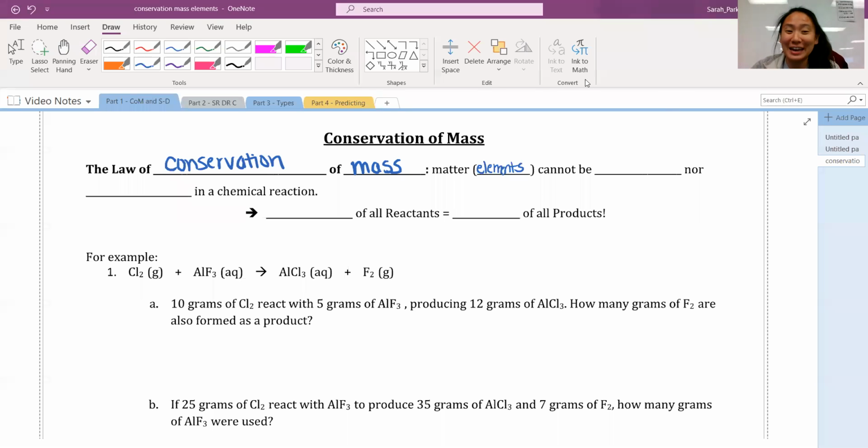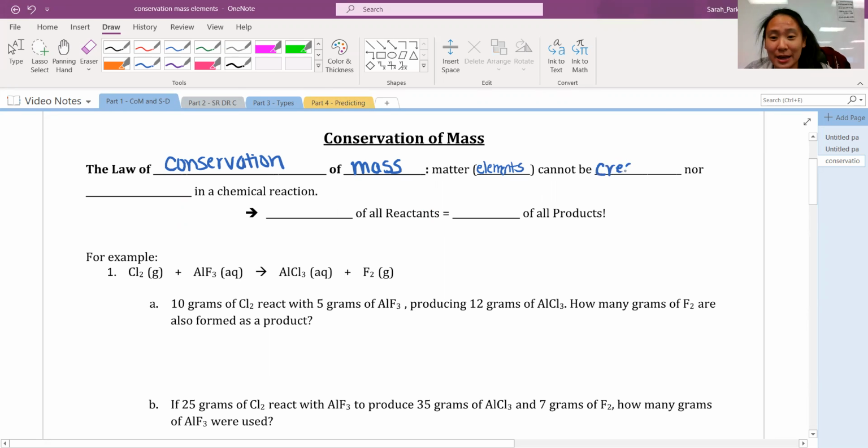Okay, we're going to start a new unit about chemical reactions. In order to understand that, we've got to first learn about conservation of mass. Conservation of mass says that matter, which is made out of elements, cannot be created nor destroyed in a chemical reaction. Basically, this means that the sum of all the reactants has to be the sum of all the products. This means that whatever you start with in grams has to equal whatever you end with in grams